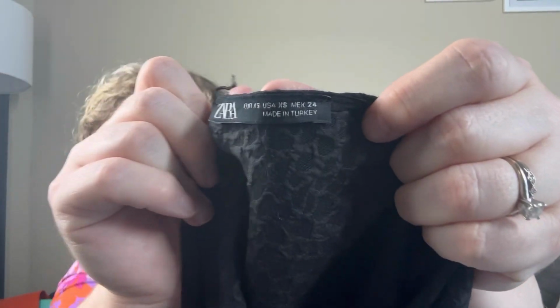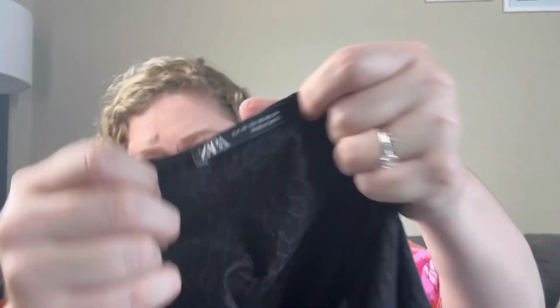All right, so this one is so cute, but it gave me the runaround when I was trying to find stock photos and comps for this. It is New Label Zara. This one is an extra small. It does have the minor flaw of the,